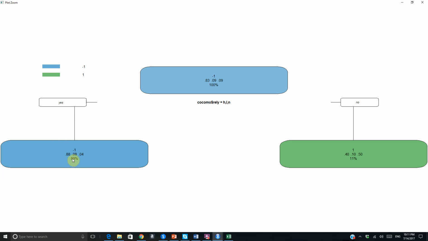So 89% of the data, or of the effort, is when the reliability is under this classification. So they are actually -1, I mean the underestimation is caused by the